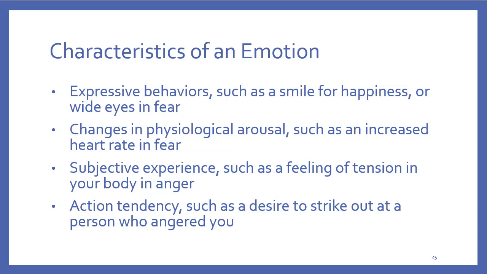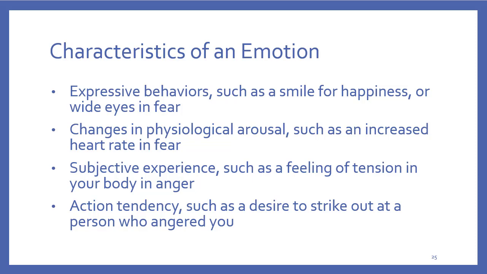When we are in an aroused emotional state, we are more likely to behave, because that shortcuts the thinking that would usually inhibit our doing. So the example they give here is that sometimes you have a desire to strike out at a person who's angered you. That's going to be more likely to happen if you're angry, obviously, than if you're not angry. And I can't say obviously, because in the moment we don't really think of it that way, because cognition is short when we're angry.